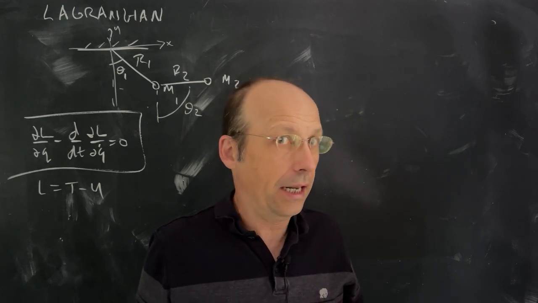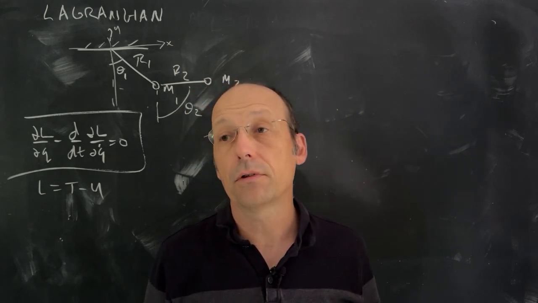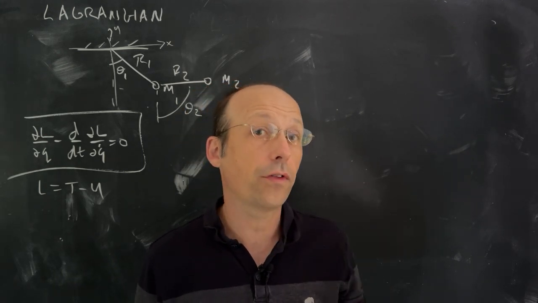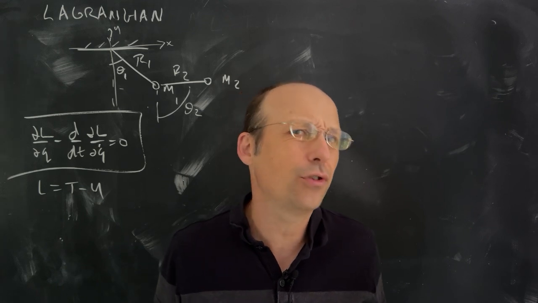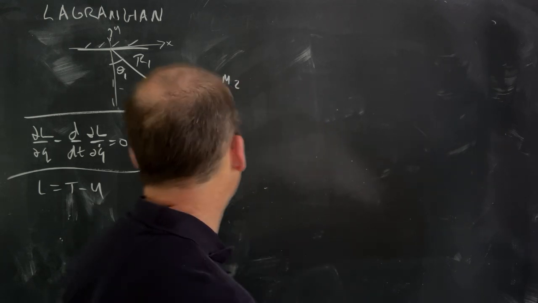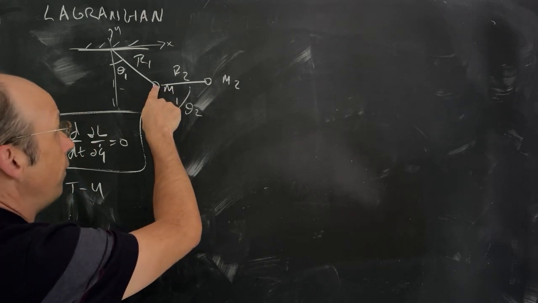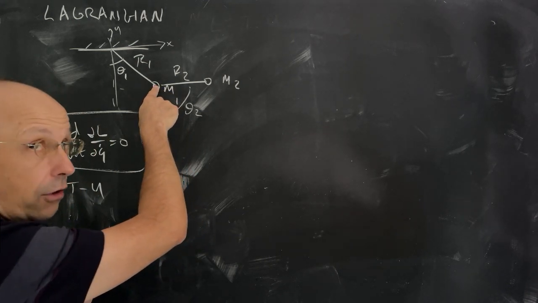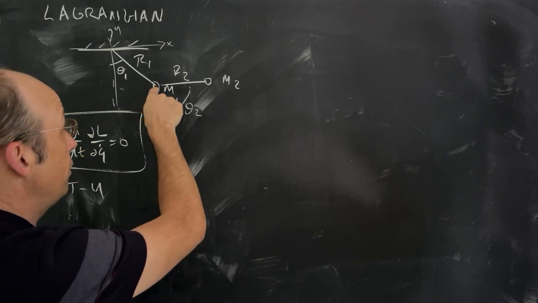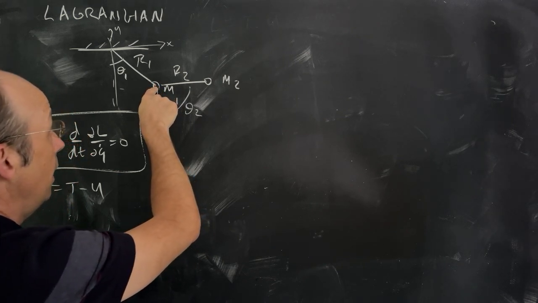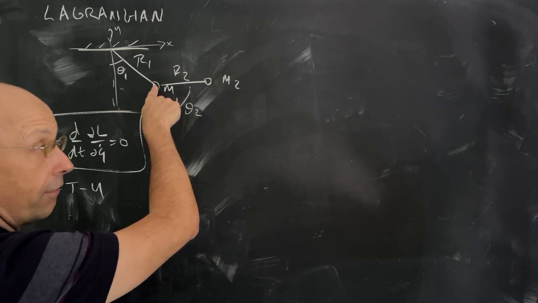Now, how do I get the kinetic energy? So I'm going to have two Euler-Lagrange equations. I'll have one for theta 1, I'll have one for theta 2. But I wanted to set up, how would you even find the kinetic energy? Okay, so here the beauty of this is I can still find the Lagrangian and the kinetic and potential energy using Cartesian coordinates. So for this one, I'm going to say the x1 dot, y1 dot I can find